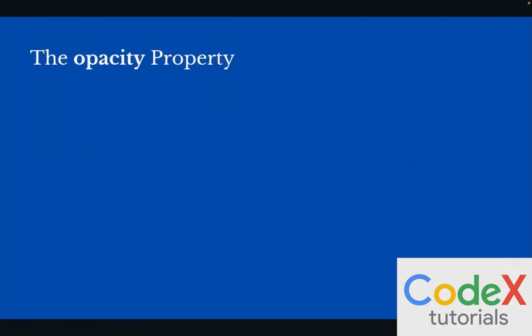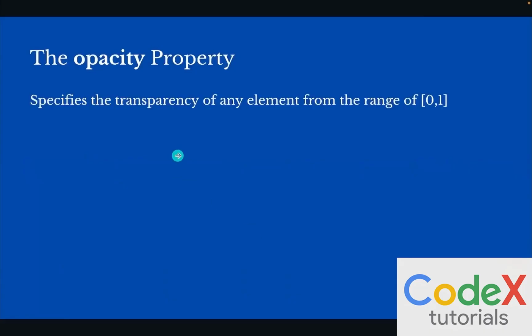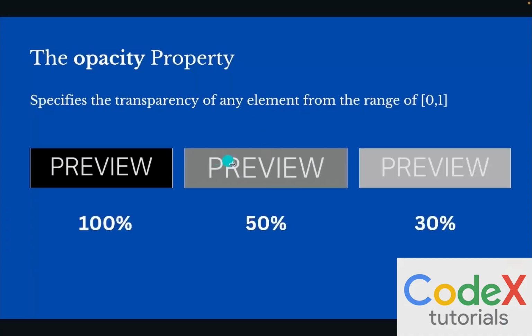Now, first of all, let's discuss the opacity property, and as the name suggests, it is used to specify the transparency of any element. The values of the opacity range from 0 to 1, with 0 being the most transparent and 1 being the least transparent. And if you want to visualize what the opacity is, an opacity of 30% usually means that it is a